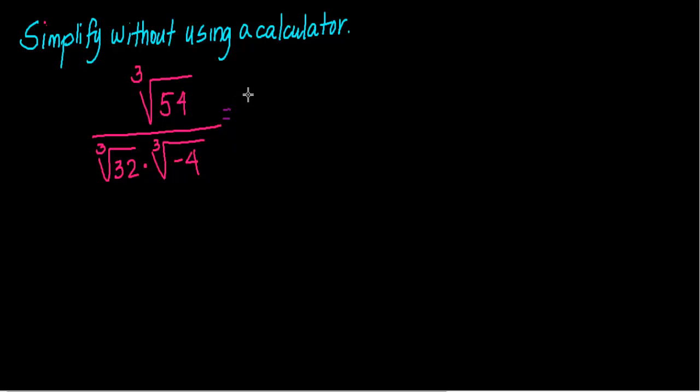Okay? So the first thing I'm going to do here is notice that these radicals are all cube roots. Okay? And anytime my radicals have the same root, I can simplify this a little bit. In the denominator, when I have a root times a same root, I can join these radicands together by the radical product property. The radical product property says